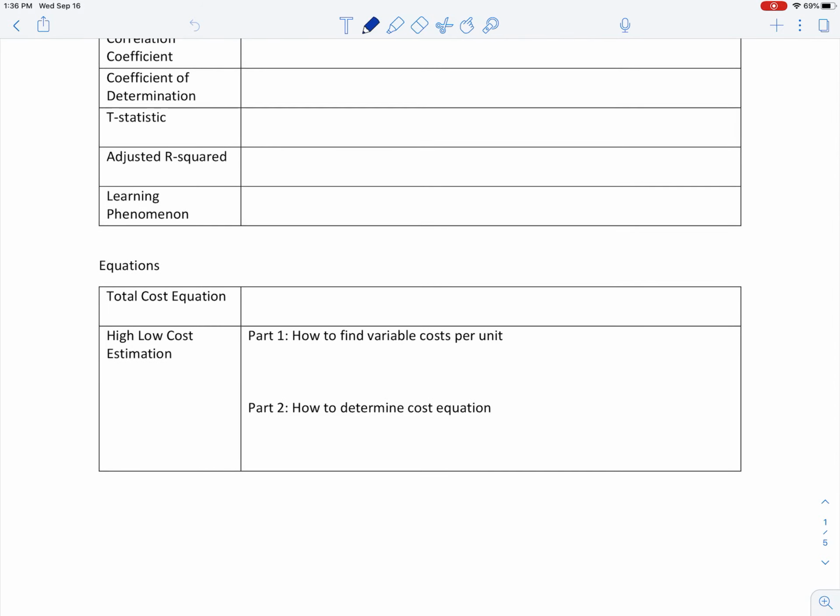There are a couple of equations that you need to know for this chapter. That total cost equation, I'm going to give you two different ways to look at this. First, we know that our total cost is equal to our fixed cost plus any of our variable costs. Keep this in mind as we look to make sure that we're applying that properly in some of the other